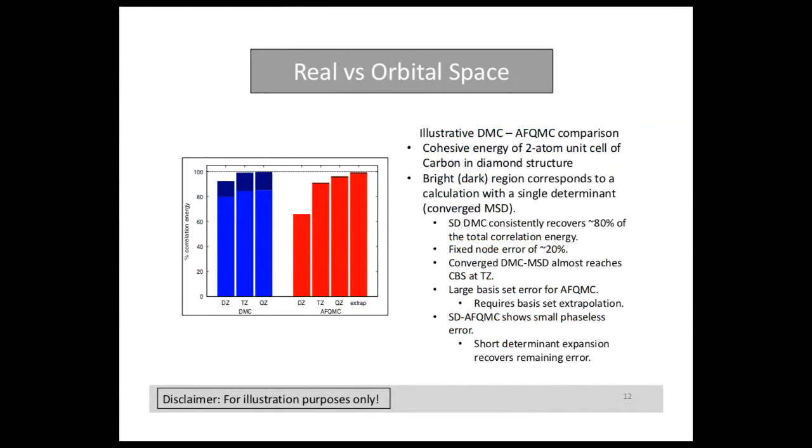So this is, and please, this is for illustration purposes only. Don't take too much out of it. I don't really know how much this holds, but we did one example where we compared DMC and AFQMC. We took a 2-atom unit cell of carbon in the diamond structure at equilibrium. This is a very simple calculation. So we took a small basis, we took multiple bases, but it's so small, it's only 2 atoms, that you